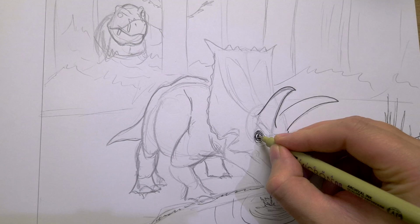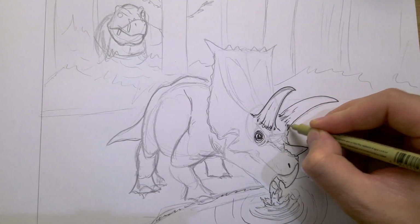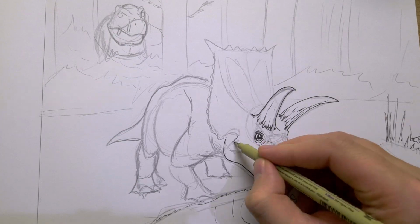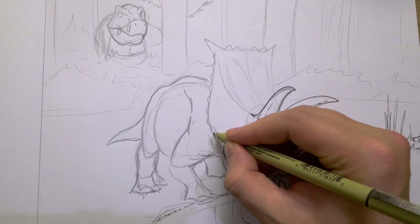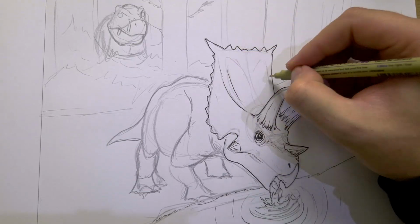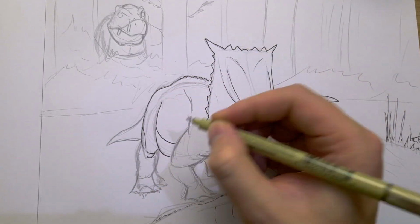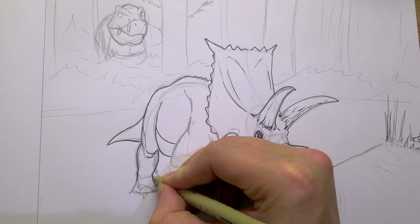So for this drawing, I decided to do something different. I decided to use my whole paper and just make this ceratopsian have a sip of water at the river or at some kind of pond. And it's being stalked by a T-Rex, because I looked at